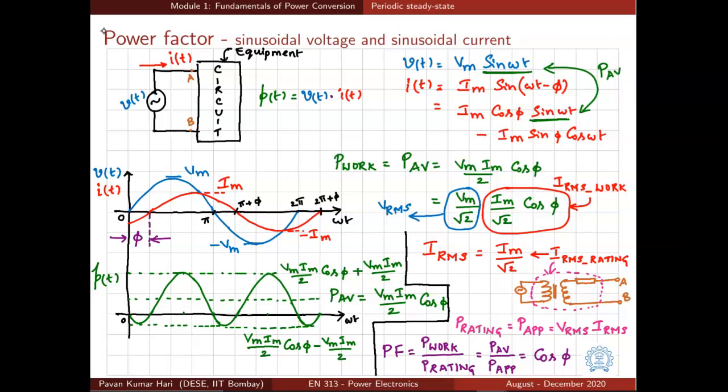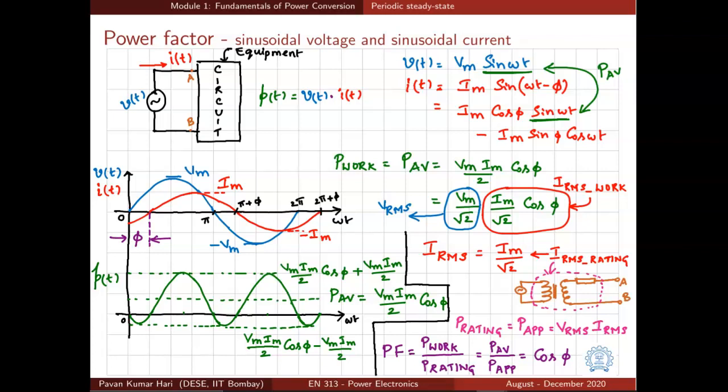current to do useful work, we need to make sure that the source and the connecting cables to this equipment can actually withstand more current, that is Im by root 2. Why? What do we mean by withstanding current? When current flows through any physical element, due to the resistance of the physical element, there will be power loss, and that power loss will be dissipated as heat, and that will cause temperature rise, and that temperature rise should